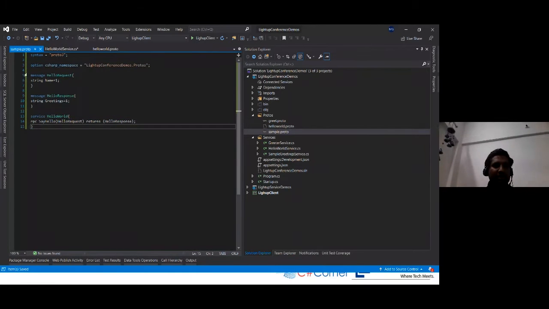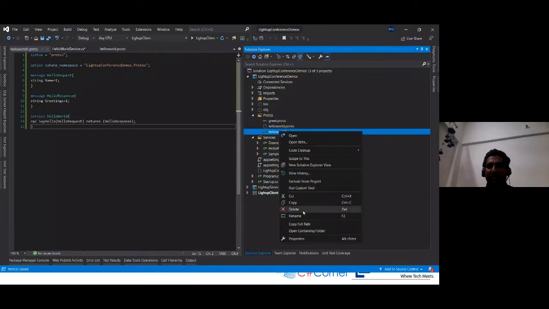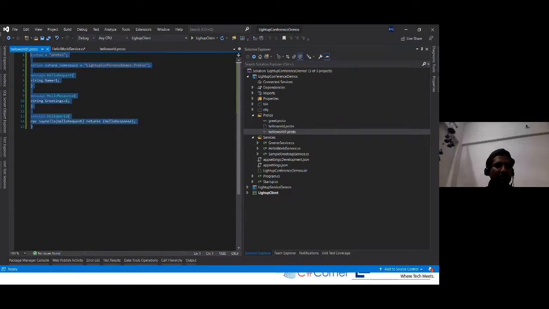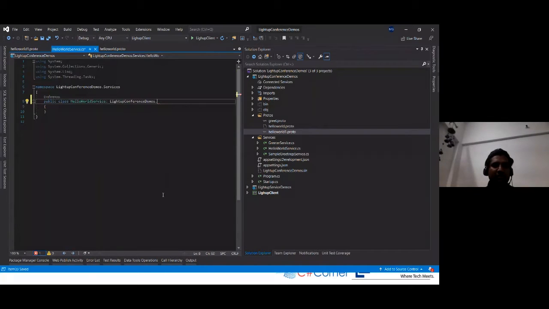I can do it something like this, and should make it hello world one maybe. Okay, and this service, let me change the properties. Good, and now let's see if we can implement this.